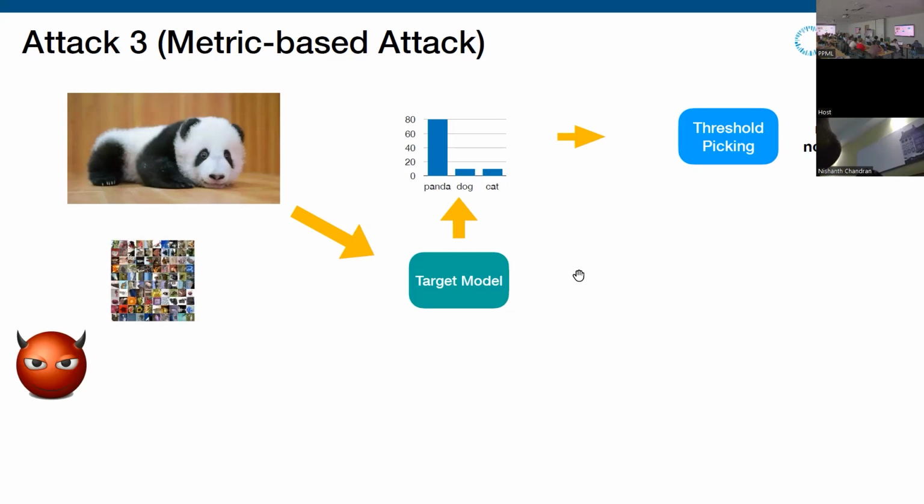Yeah. So if I did it right, this attack basically picks a threshold on the probability of the classification value, and then decides based on that whether it's a member or not. But to train it, we also need some sort of shadow model. Do I get it right or not? So to train a model that will guess this actual threshold, we also need a shadow model. Yes, what I just said. Yes, so you still need a shadow model to get the threshold.